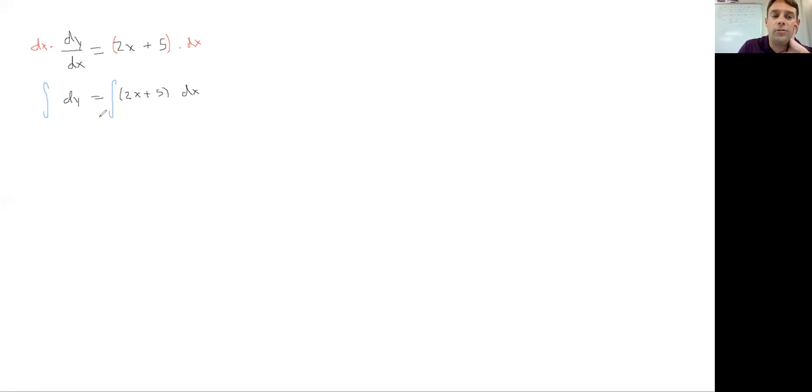Now, when I integrate this side with the dy, I realize that there is still a number in front of there. There's a 1. So when I take the integral of that side, I end up with y. And when I integrate the other side, just our simple integrals here, I get x squared plus 5x plus c. Don't forget c. C is extremely, extremely important. So now what we basically did here is we came up with the general solution to a